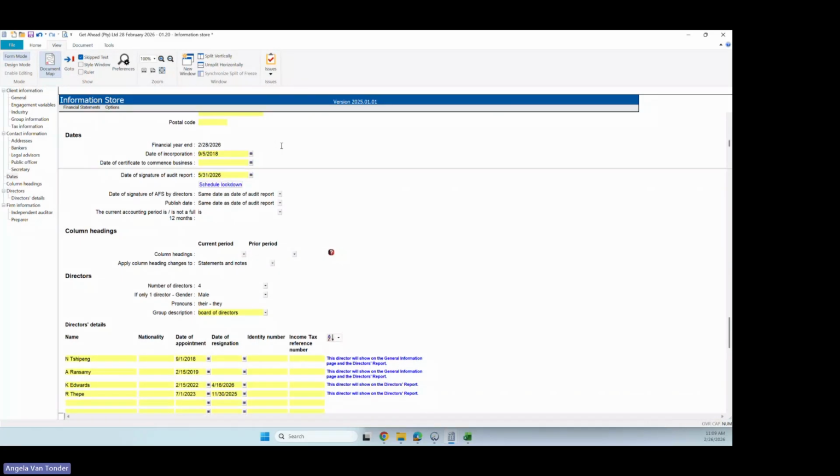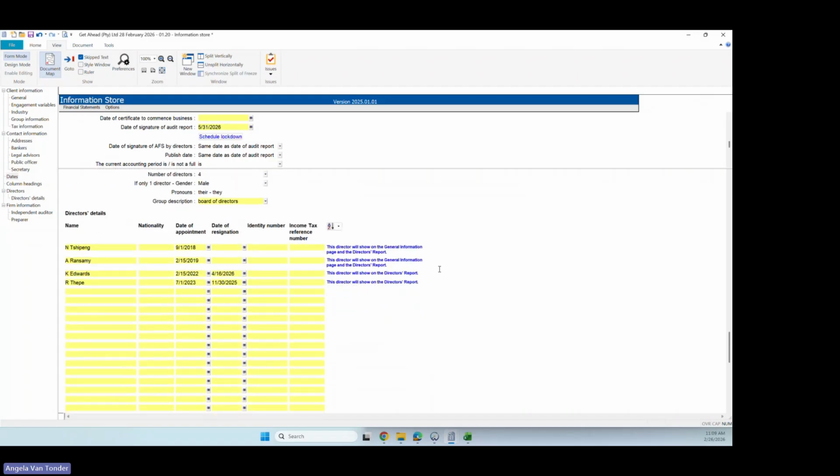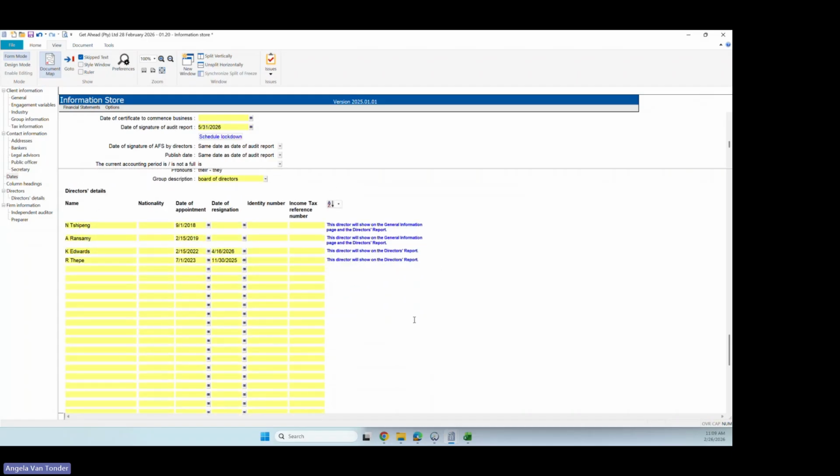And now I want to find that audit report date. There it is. Okay. And I want to now look at my directors. So I'm in the bottom window, scrolling for my directors. Both of these directors resigned before the audit date, and therefore they're not included on the